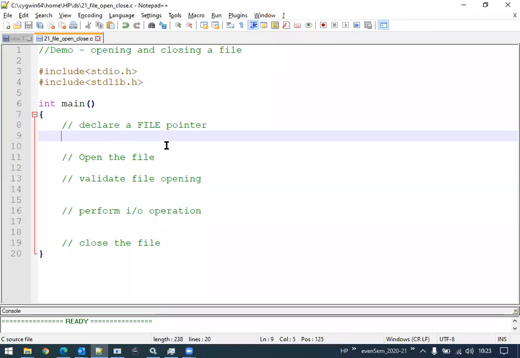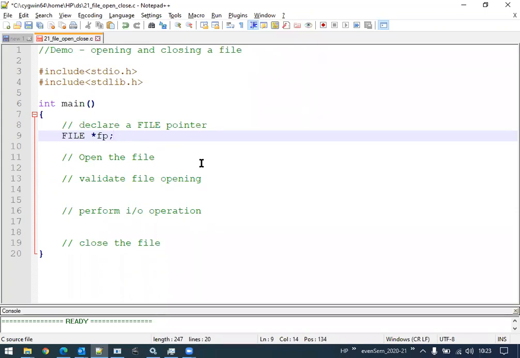Okay, now the file pointer, first we need to declare it. The file pointer can be declared by writing its corresponding data type as FILE in uppercase, followed by the pointer, which means an asterisk. Since it is a file pointer, I will write it as fp. So when I read fp, I will understand that it is a file pointer. It is as simple as declaring a file pointer here.